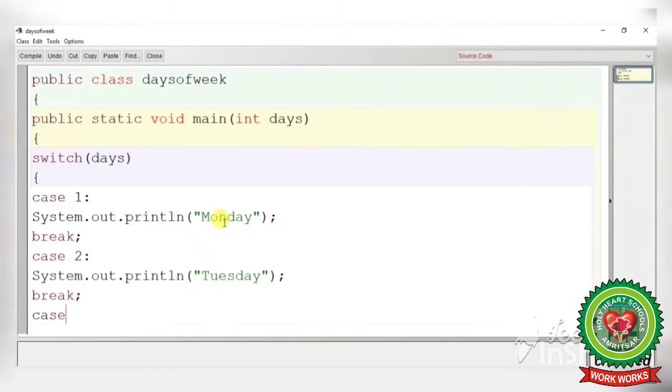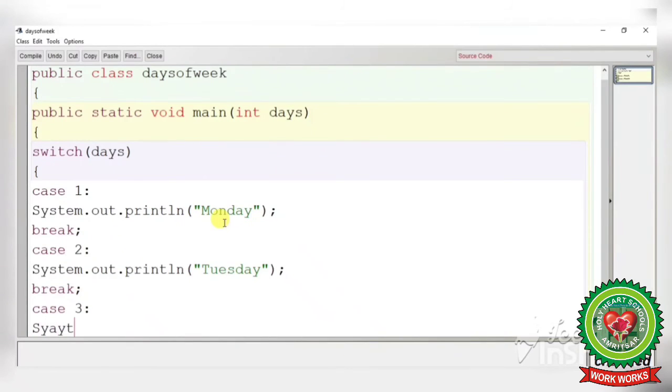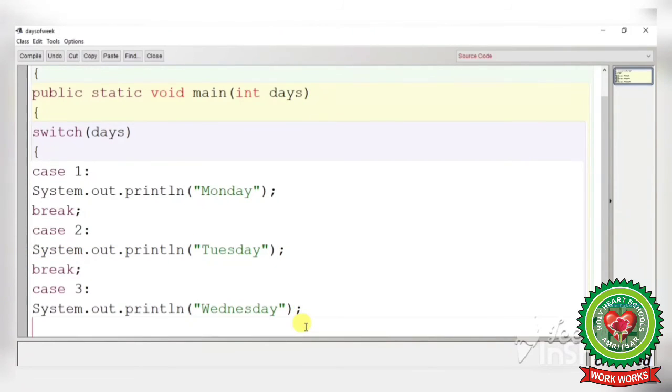Then case 3 colon, system.out.println Wednesday. Now I am going to copy paste this line. Now break, semicolon.